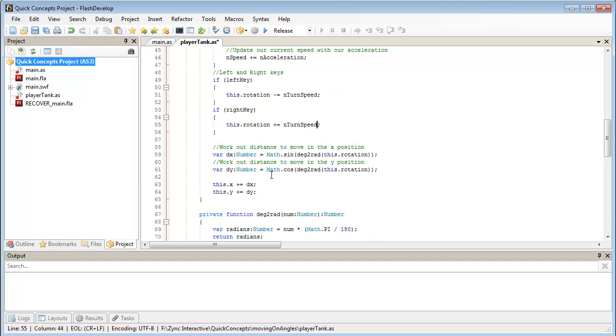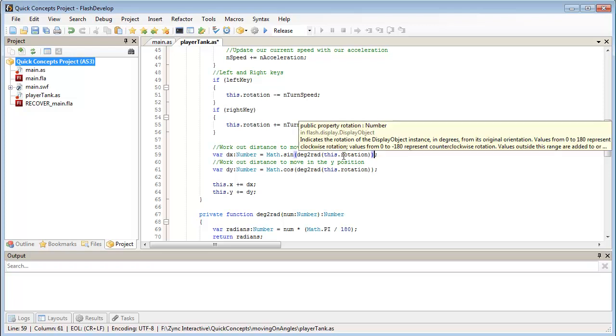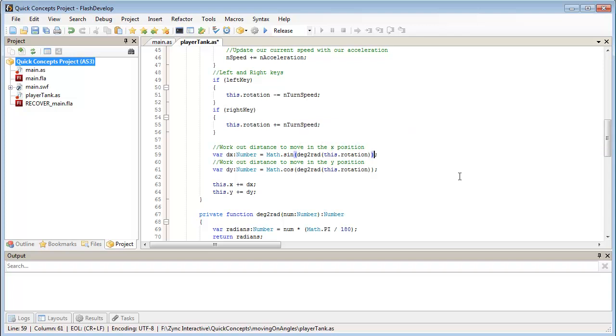So now that we've got our distance to move in our x and y, we need to actually multiply that by our speed, because at the moment this is going to move very, very slowly. It's not actually going to go anywhere or do anything. So I'm going to multiply this by nSpeed,